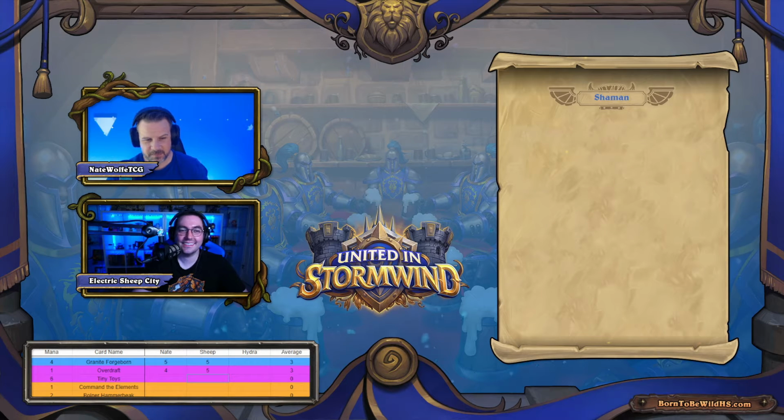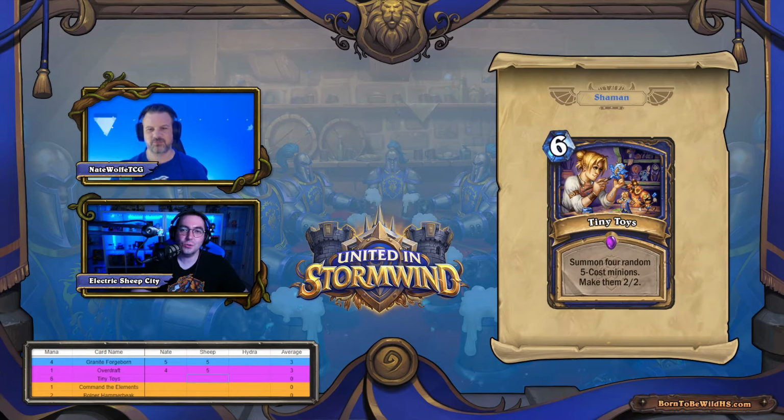We'll see. Yeah. That brings us to Tiny Toys. Tiny Toys is a 6 mana epic spell that reads: summon 4 random 5-cost minions, make them 2/2s. So obviously, Evolve and Revolve Shaman got another tool. And I think in Standard that might be a bit of an issue. But in Wild, I think that this being 6 mana might make it to where it's not